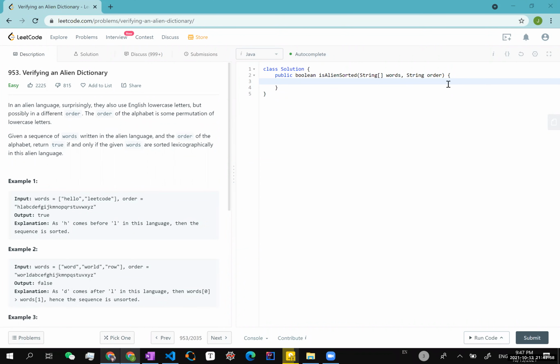Today I'm going to talk about 1953, Verifying an Alien Dictionary. So look at this question. You're given an input, words, which is a string array, and also you're given a string. So all you gotta do,